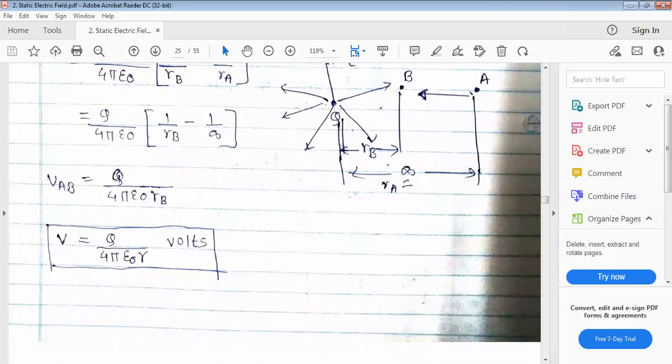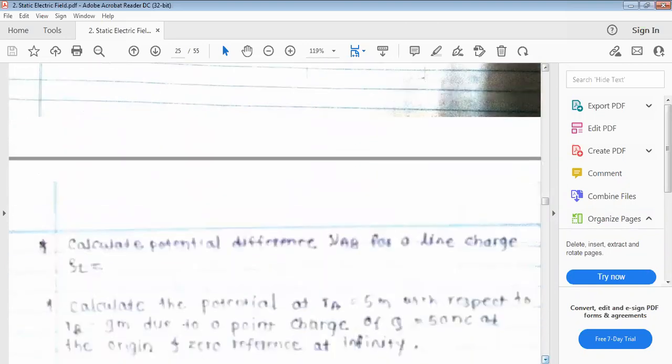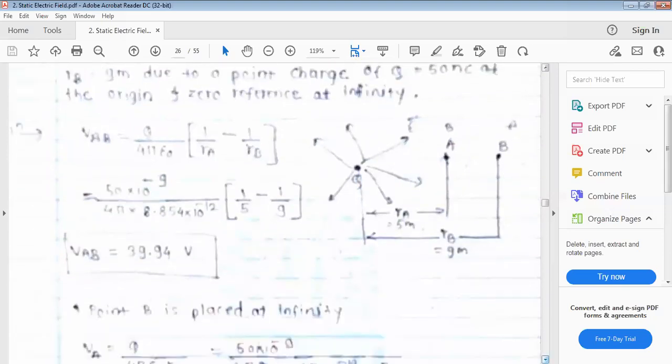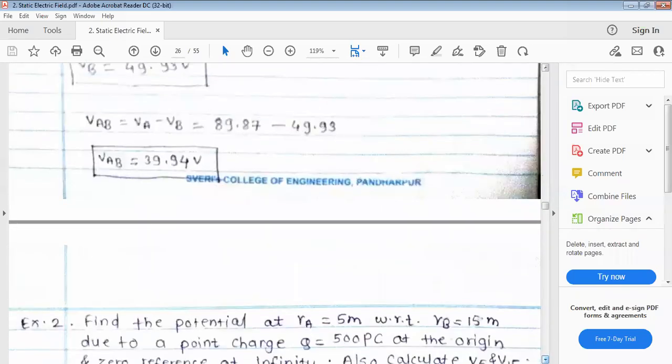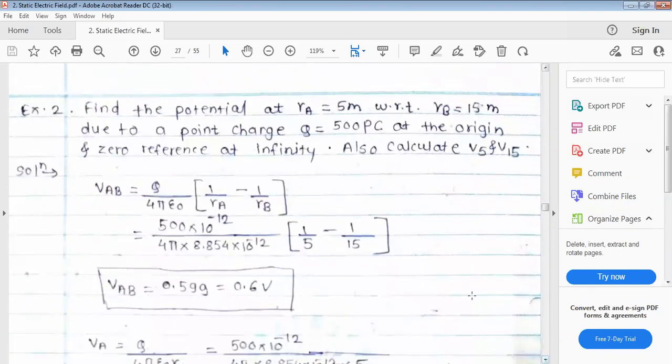Yes, ma'am. Okay. So if you understand the concept, you can solve the examples easily, and very simple examples are asked on this potential. Okay, so write down one example. This is not clearly visible, okay, we'll take the next example. The same steps are there, no problem. Same formula you have to use there. So is this visible clearly? Okay. Now what is the question?